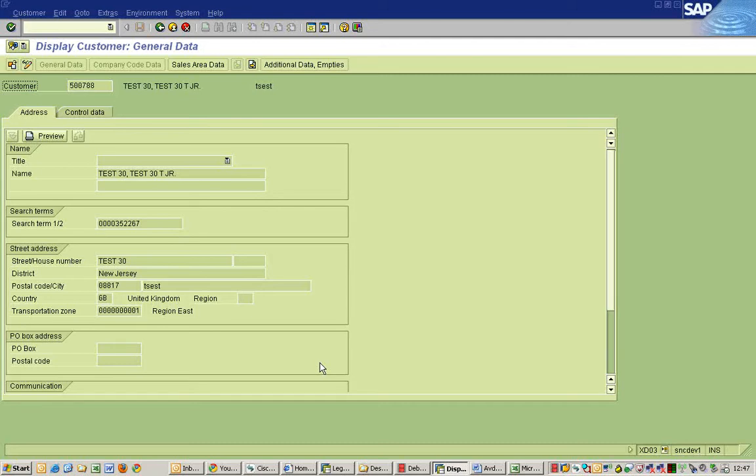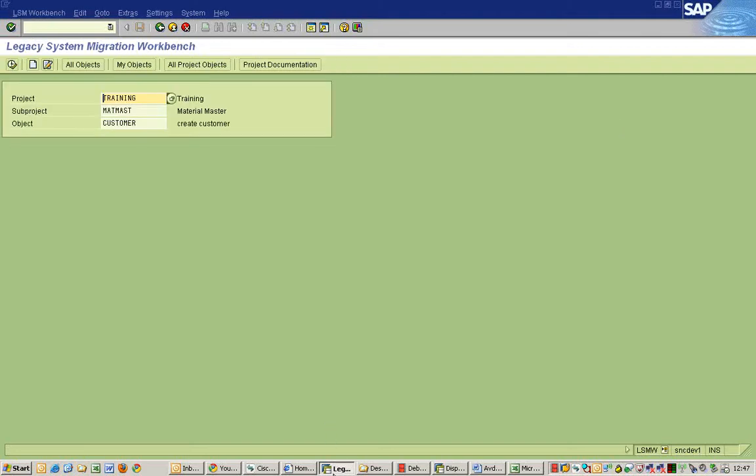So LSMW is primarily a data upload tool, to upload, say, customer master data, material master data, pricing data, anything which is in huge number. Normally during go live you have data to be uploaded in tens of thousands. So you have like 10,000 customers or 20,000 customers. You have prices of say 100,000 price lists for customer and material combination. So that is a huge data which can be only uploaded by mass uploads.